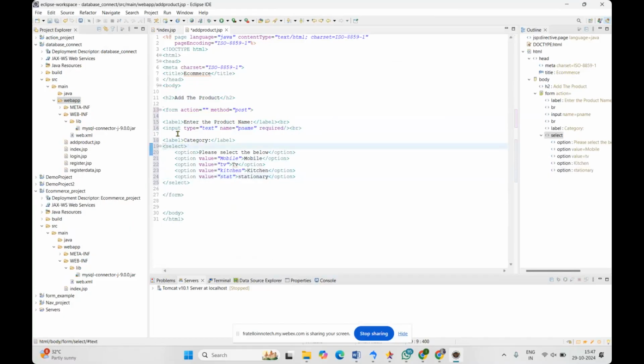Okay, and see, in the input we have given the name in our input tag. So for the select, I am giving the tag name here as category, cat, and the required attribute. Okay, that's enough. I'm taking the break tag, and category is done. Next, enter the product name, category, and if you want to give any description regarding the